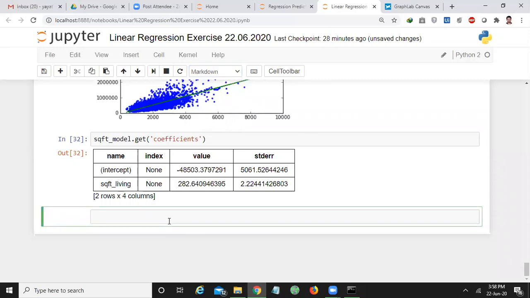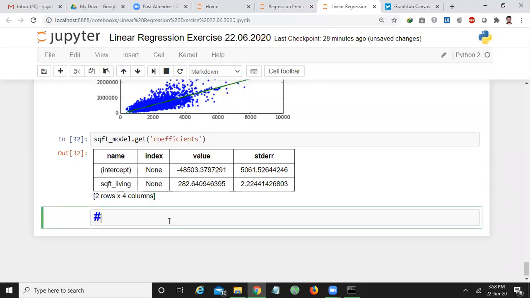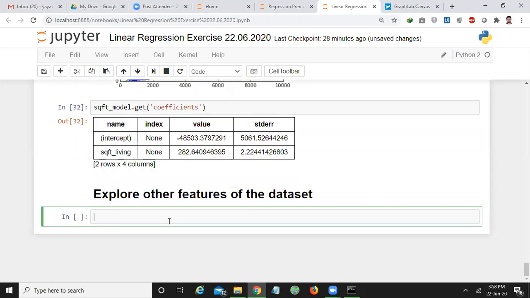So for that I want to explore other features of the data set. So what are the other features of the data set? For that I want to create a list. What are the features I want to study? I want to study bedrooms.